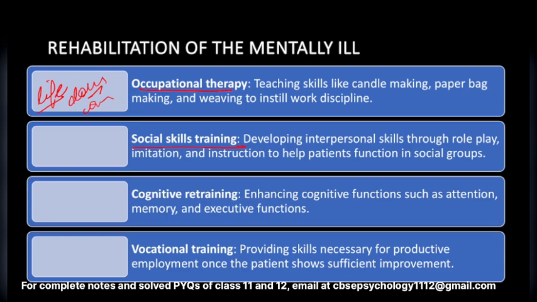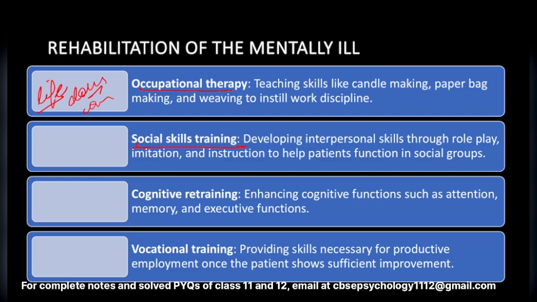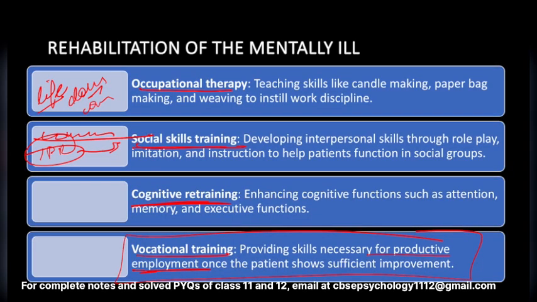Social skills training: as we saw, there are negative symptoms that might be present in severe mental illness, so social skills training in communication, in interpersonal skills, talking and maintaining relationships, are a part of it. Then cognitive retraining, improving the attention and memory of the person. And vocational training, providing skills necessary for productive employment so that the person can be self-sufficient and earn for themselves. So these are the types of rehabilitation training that can be done. And with this we come